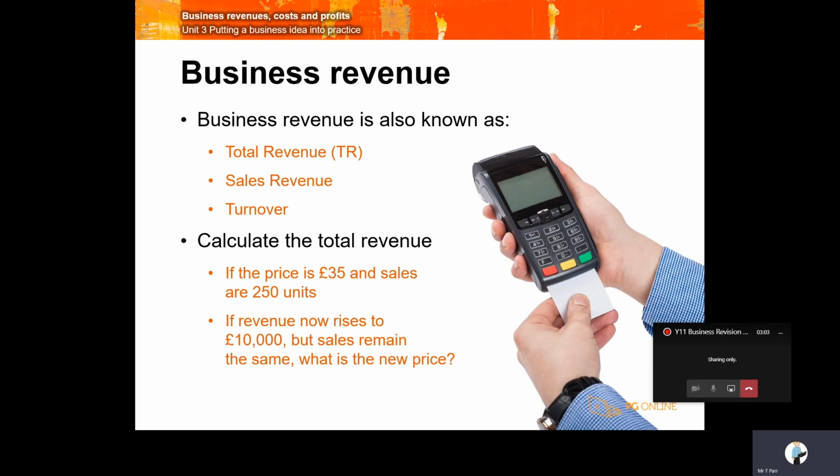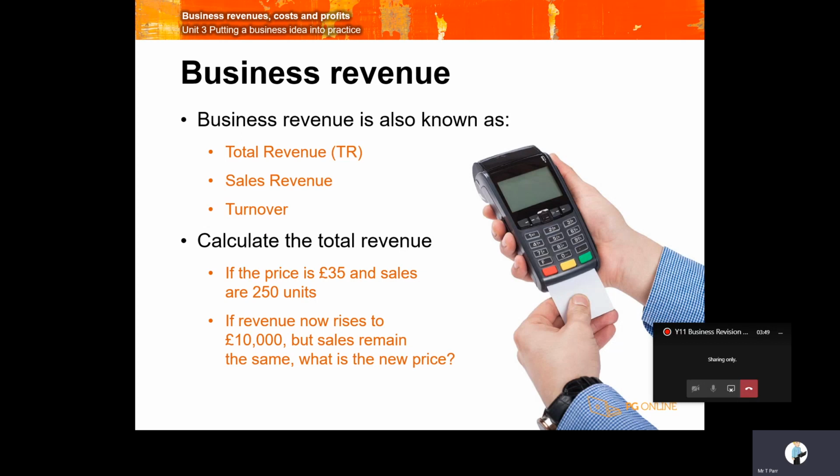Business revenue is also known as turnover. You have total revenue, you can have sales revenue, because sometimes you might have revenue from different sources. But for the purposes of what you need in the exam for the first paper, it's basically your sales revenue. For example, if the price is £35 and the sales are 250 units, all you do is multiply £35 by 250. Just a reminder, you are allowed calculators in the exam. It's really important. So the revenue in this particular example would be